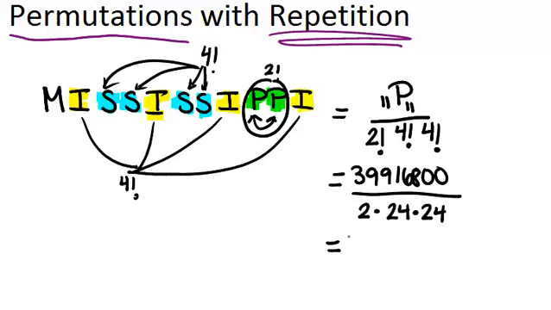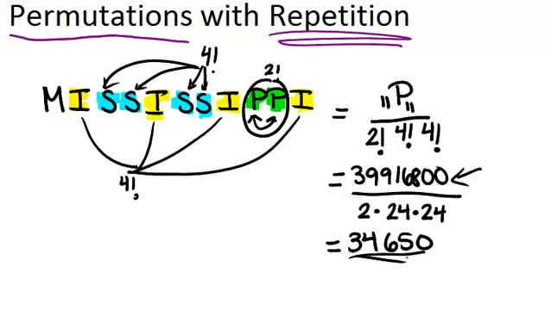And we end up with 34,650. So because there are all these repetitions in the word Mississippi of letters, there's not millions of ways to rearrange to make new words. There's actually only thousands of ways,